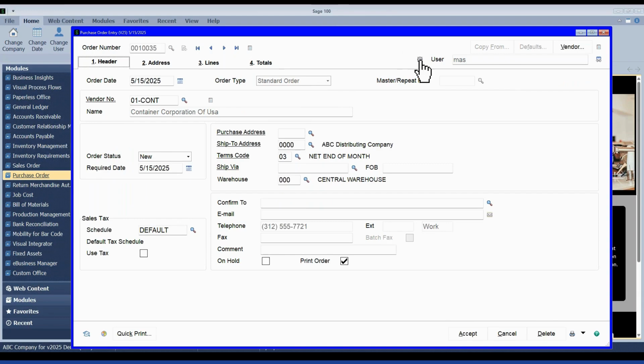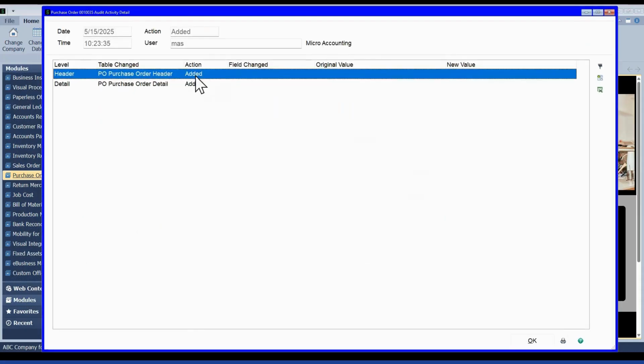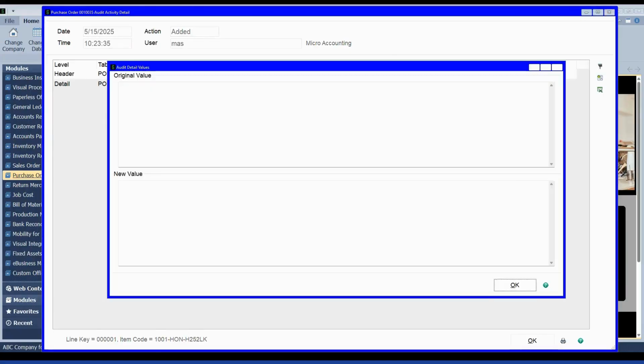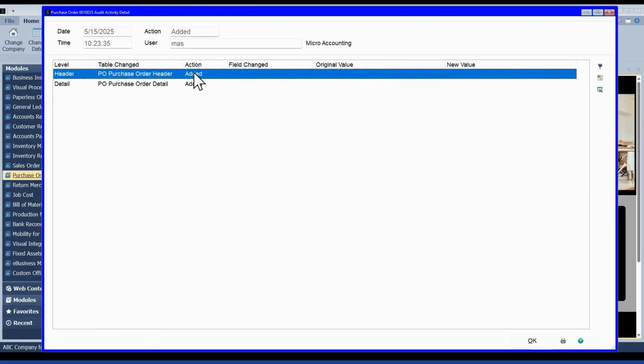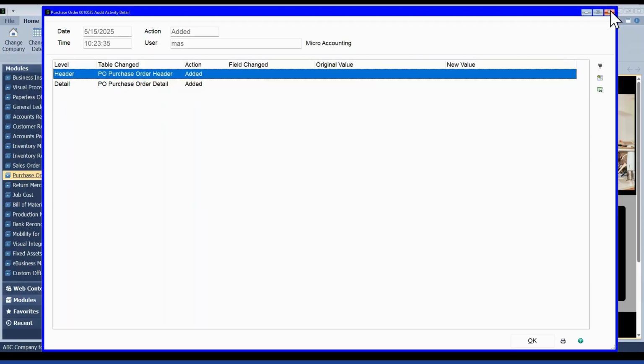So just like on the sales order side, we've got the settings that have been added up here to PO entry, the audit viewer. You get much less information here than with the details. So, pros and cons. It really just tracks that, okay, it was added originally, but I don't have the details of what it was all added at when it happened.